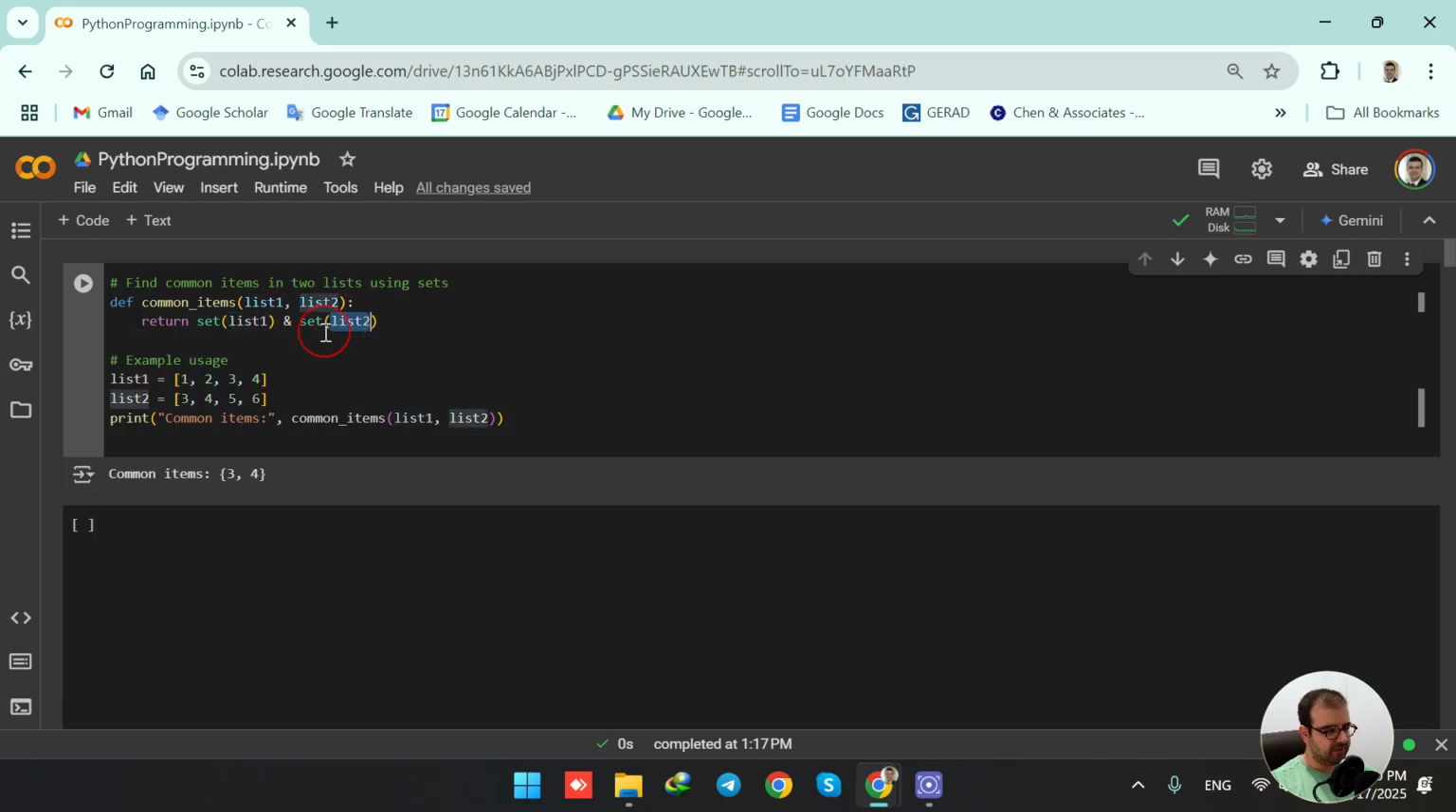We convert these two lists into sets using the set function. Using the set function, we are going to convert them and we are going to use the AND operator. Why? Because the AND operator is going to help us to find common elements between two sets. So I first convert these two lists to sets using the set function, and then